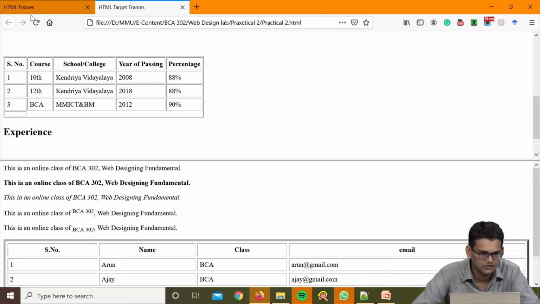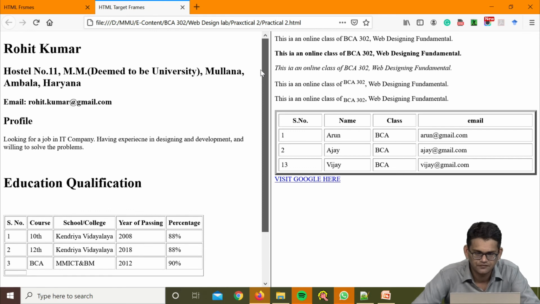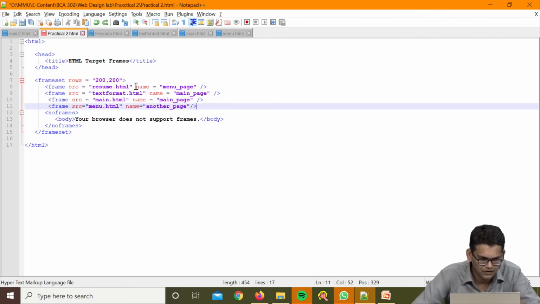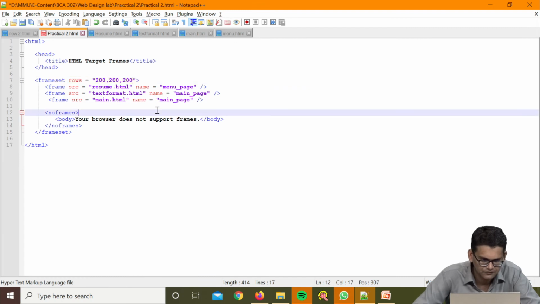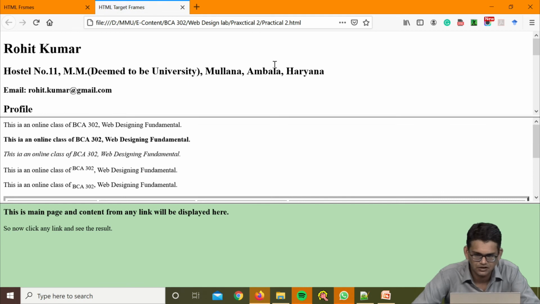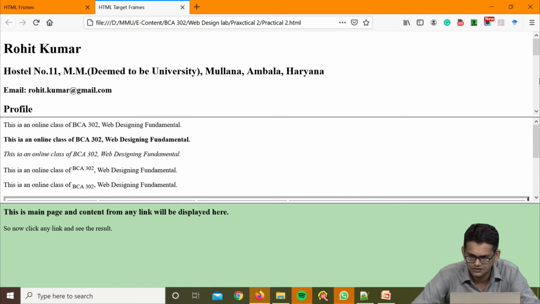save it, and you can see it will be converted into 2 sections. But in our practical we are interested in doing 3 sections. So, again we need to add here, there are 4, we delete 1 frame and add 1 size here and save it. Now if you reload this, there are 3 sections in the column version. The first section is this one, the second section is this one, and the third section is this one.